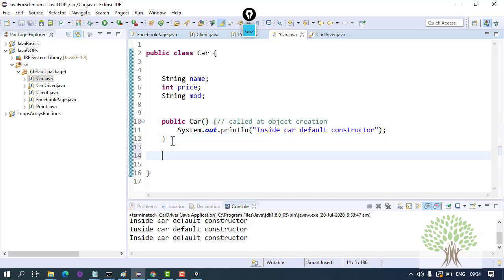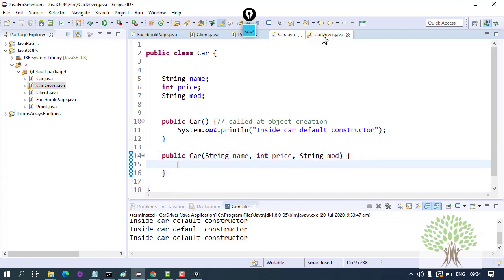You can overload this constructor. You can have the car constructor with input variables like name, price and model.